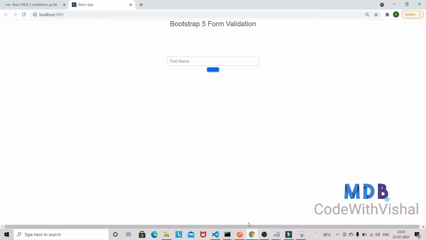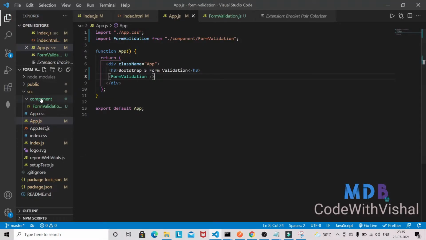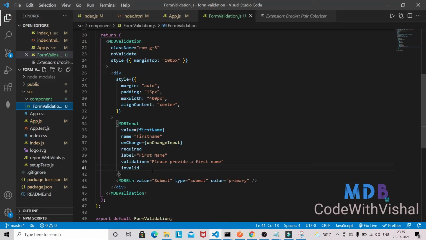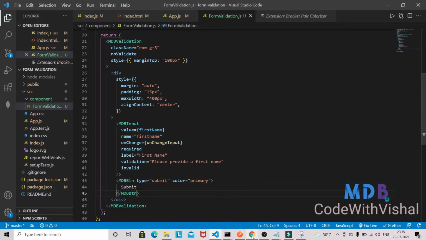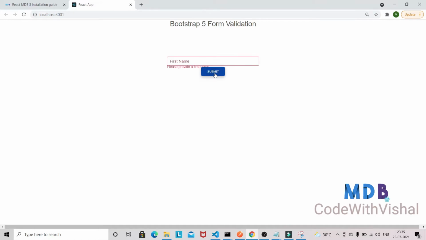Okay, we have some issue here. Sorry, in this way we cannot give the value. We need to give it like this way, submit. Okay, now click on submit, and we got this message, like please provide a first name, and if you give